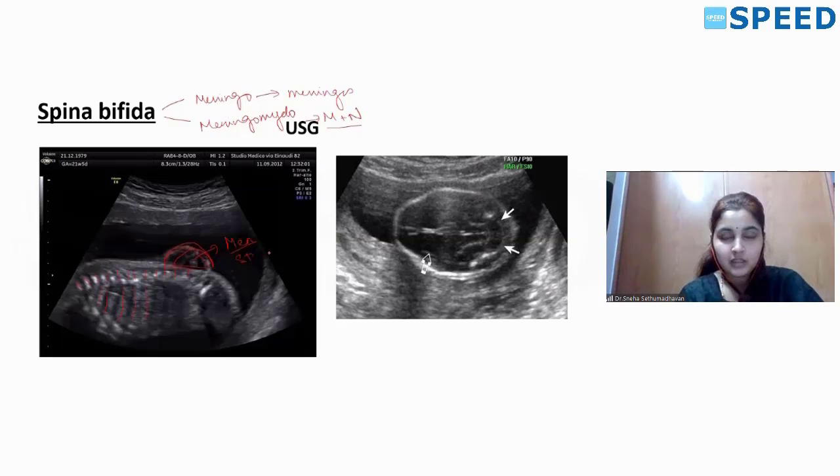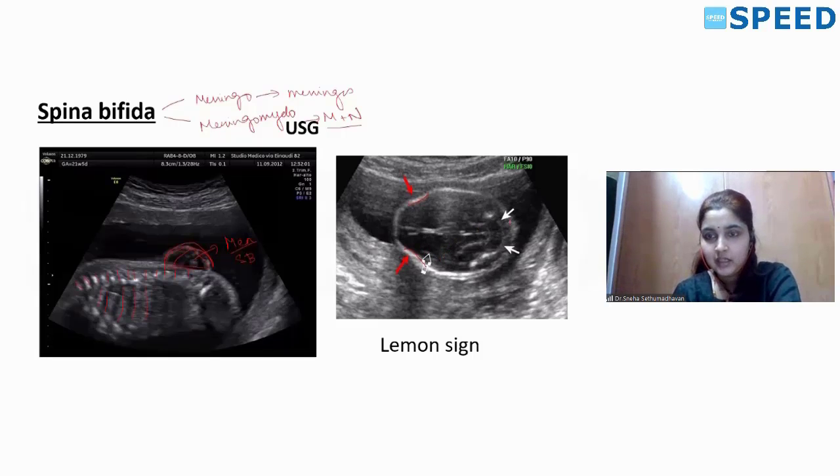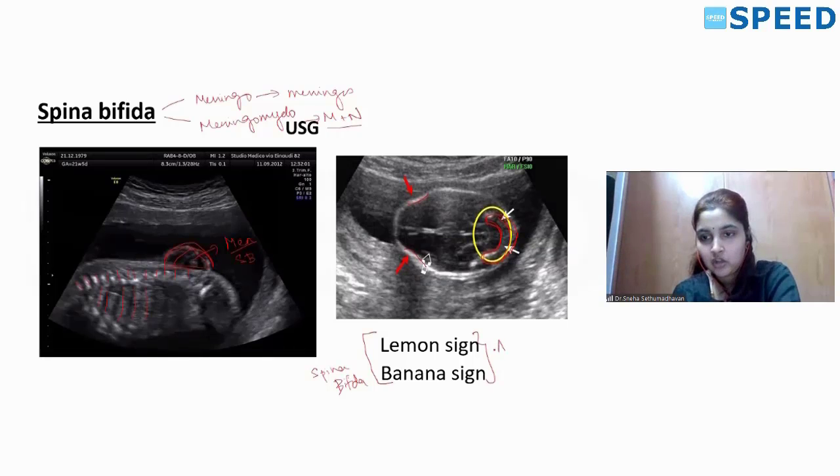It is spina bifida. The other feature will be in the skull. If you notice, it is not nice and oval. It has a denting on either side, and this is called the lemon sign. And also, if you look at the cerebellum, it is bowed like a banana. It usually fills the entire posterior fossa, but in this case, it is bowed. It looks like a banana. So this is called the banana sign. So these two signs are also very specific of spina bifida, and it can be associated with a syndrome called Arnold-Chiari syndrome.